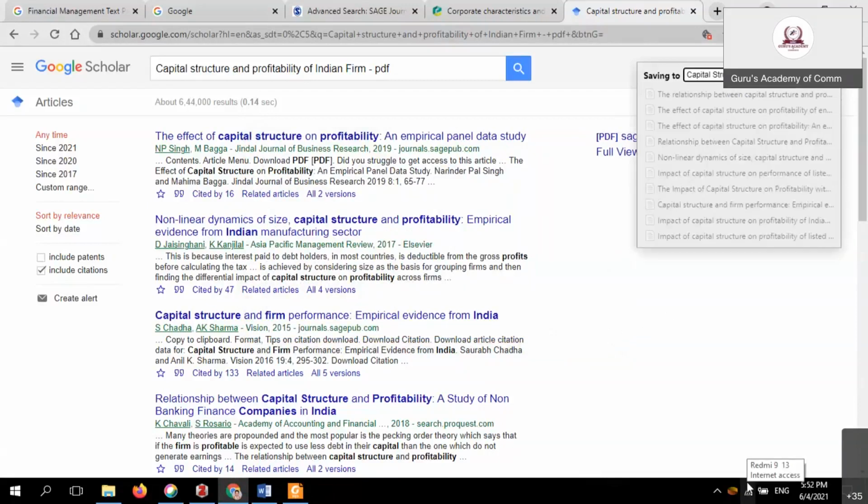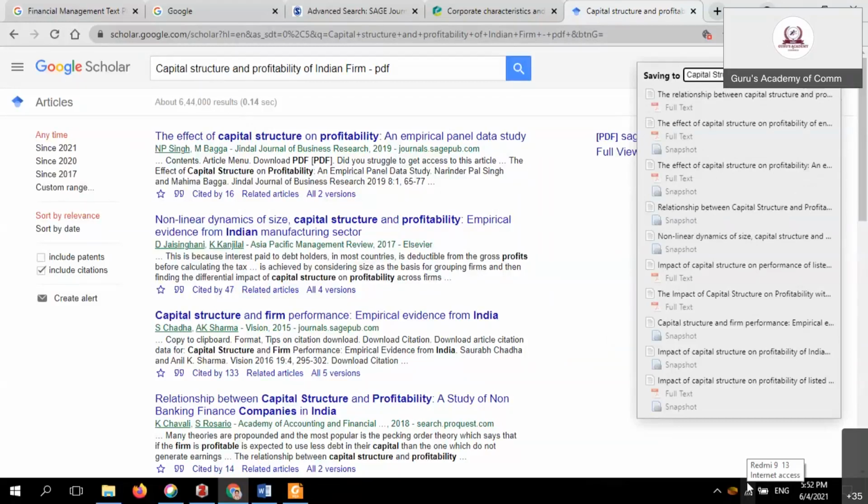What process is going on? It is saving to capital structure. Which folder? That is the folder, the capital structure folder. Your process is going on. More than 5 articles have full-text PDFs. Sometimes there will be a delay in retrieving your full text.